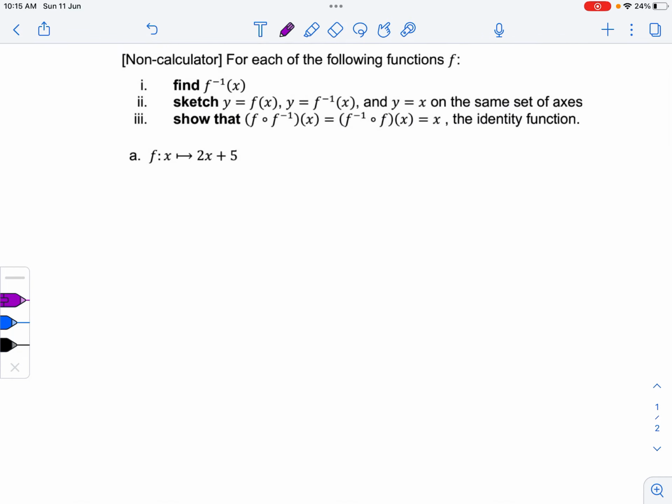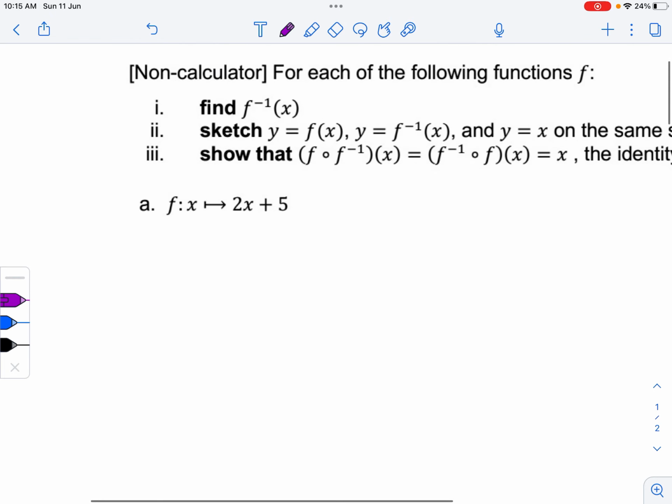Hi everyone, welcome to Introduction to Inverse Functions. Before we get started, we want to first understand what inverse functions are. Here we see this function. Ignore this part for now. I'm sure most of you have seen this here. It is a function. If you ignore this, it looks like